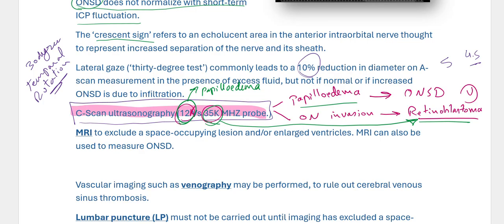It has lower penetration and it gives cross-sectional images of the intraocular optic nerve and shows higher resolution if there is any invasion in this area. MRI